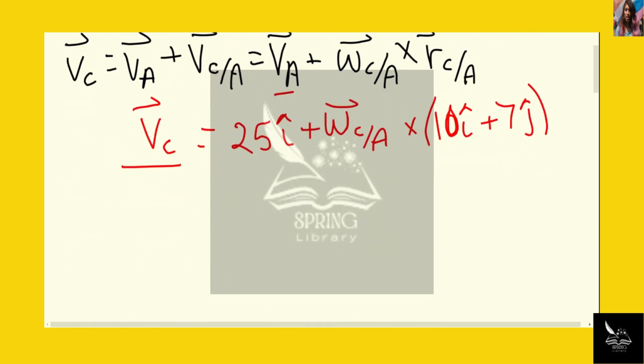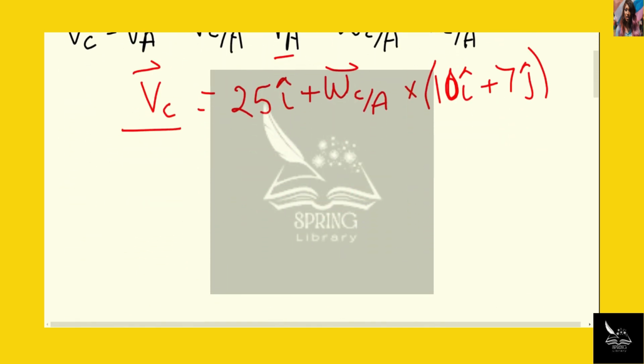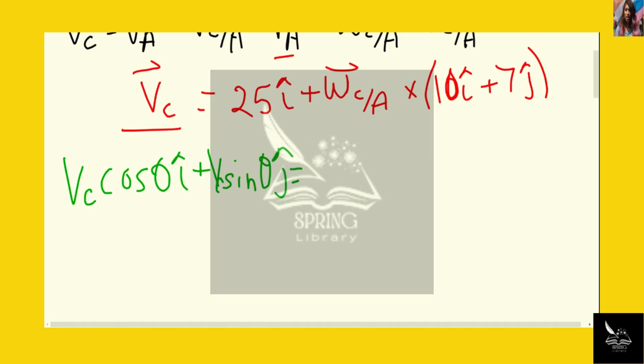So we can invoke that and break up the vector VC into its components and say VC cosine theta I hat plus VC sine theta J hat equals 25 I hat plus